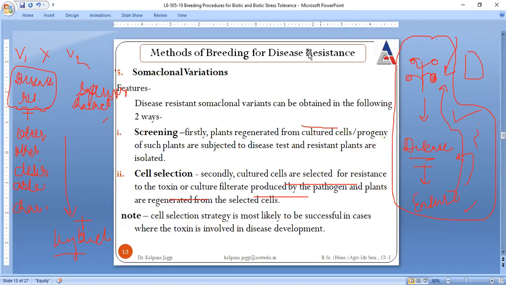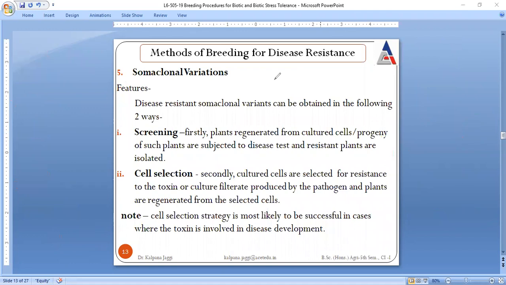So this was all about hybridization. Now we are to talk about the next method, that is Soma clonal variation. This Soma clonal variation is also a modern aspect, and it is one part of plant tissue culture. But before I go into its two ways, like how disease resistant somaclonal variants can be produced,